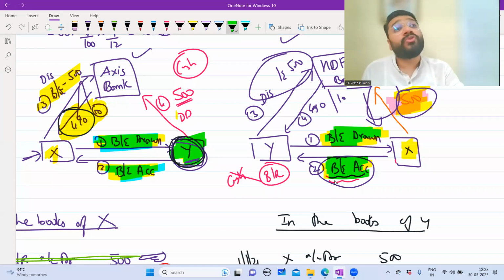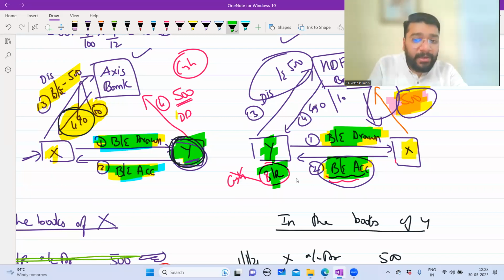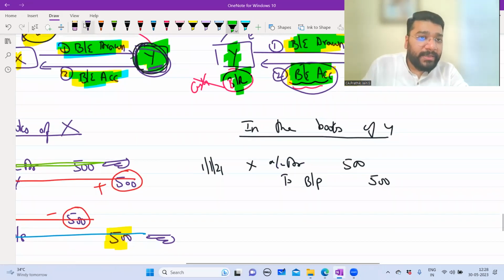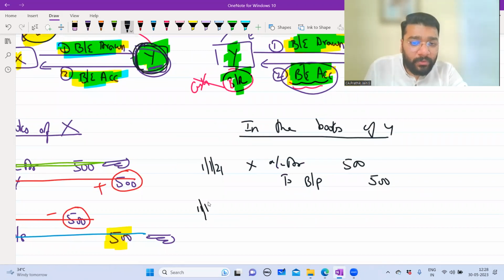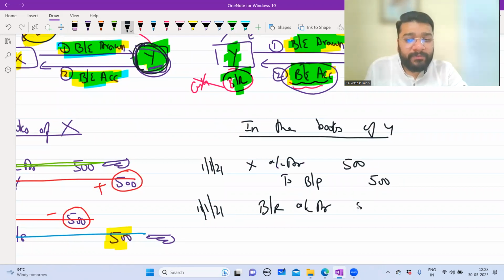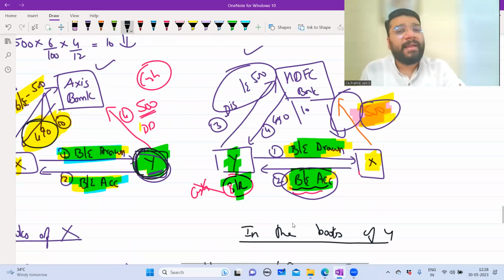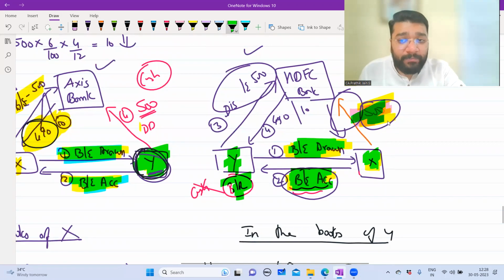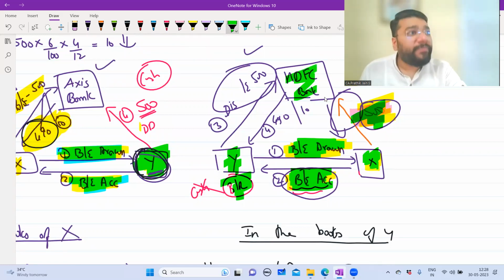We are recording the entry in whose book? Y's book. So for Y, it is bills receivable. So next entry again on 1/1/21. We are getting a bills receivable from X worth 500. And this money, 500, guys, we will discount it from the bank and we will enjoy this money. But ultimately, who has to make this payment to the banker in future? X will have to make this 500 payment to the banker in future. So therefore, we have to pay the money to